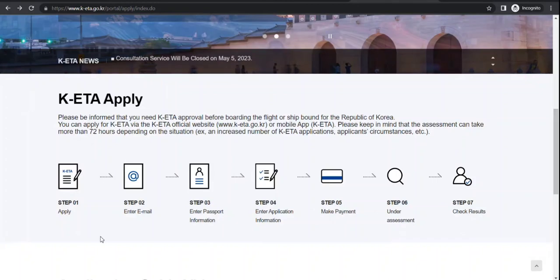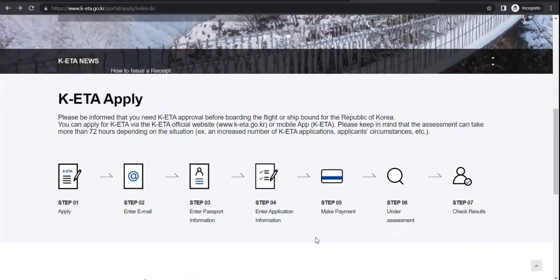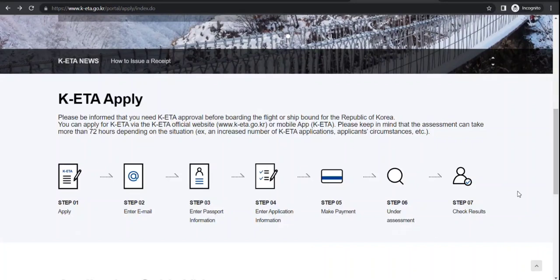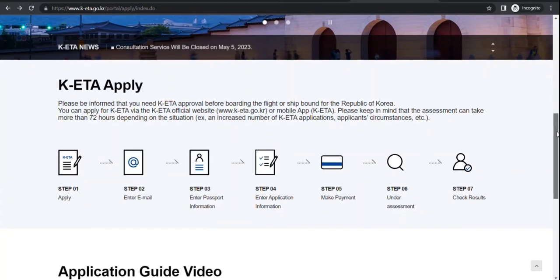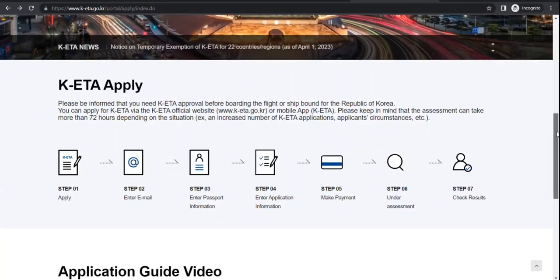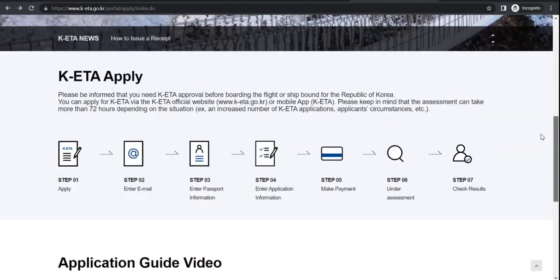Step one is to apply. Step two, enter email, enter passport information, enter application information. Then you make payment. Then they do processing or assessment, and finally the result comes. There's a fee equivalent to 10,000 Korean won, that is around 9 to 10 USD. Okay, so we are gonna walk through it,